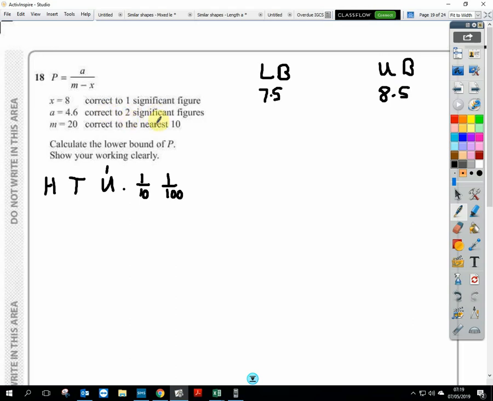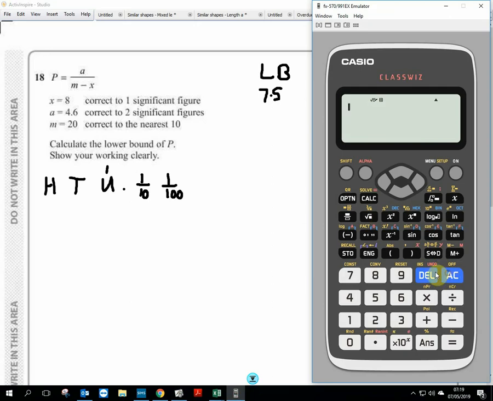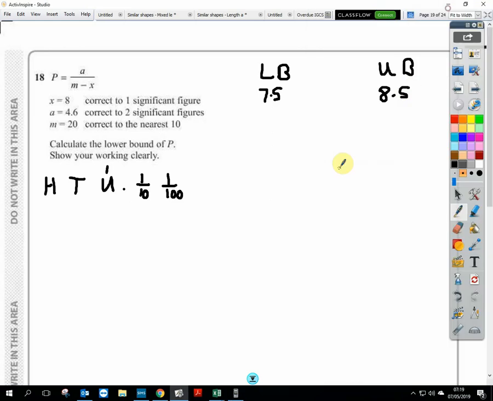4.6 is correct to two significant figures. Two significant figures means it's in the tenths column. So as I said, you halve the value of the column. So if you halve a tenth, so 1/10 divided by 2 gives 0.05. So you add and subtract 0.05 to 4.6, and that will give you a lower bound of 4.55 and an